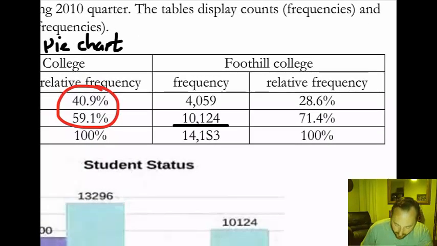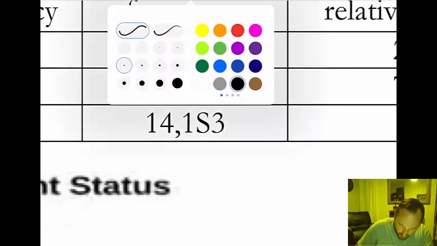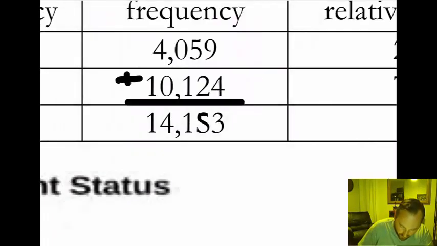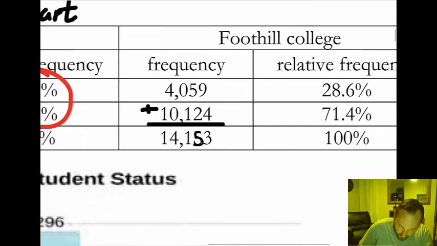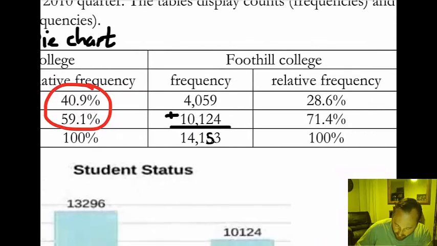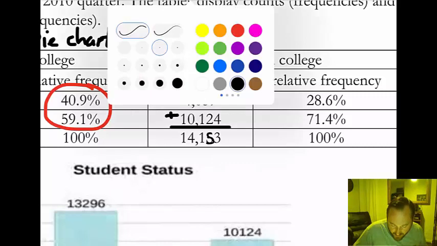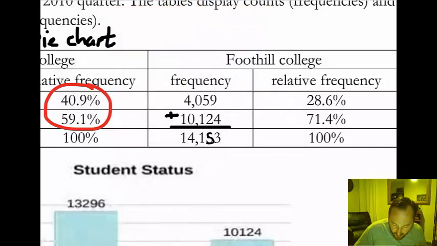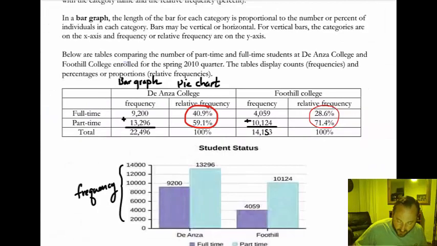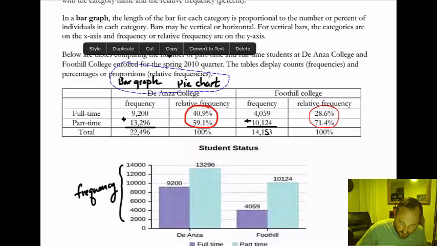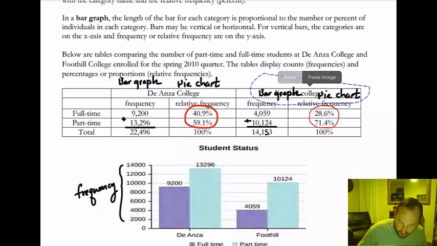We have the total here, the 14,100, and there's another typo there, that should probably be 53. I took that out of conversion on Microsoft OneNote, so that should be a 5. So hopefully I'm not wrong though. But what we end up doing is, again, taking each one of those numbers and dividing by that total to get a relative frequency conversion. And again, to reiterate, bar graph, pie chart,